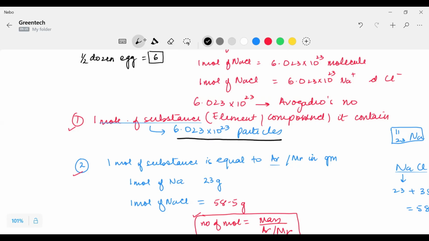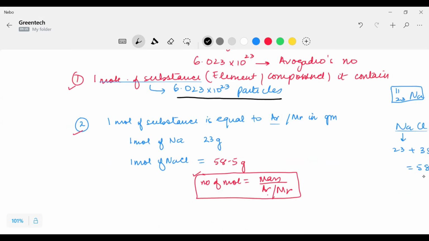And then, apart from that, we have also done how, if we have a substance in solid, then we can also say that 1 mole of a substance is equal to its AR if it is an element, or equal to its MR if it is a compound. And we have done the calculation related to that, and we have used this particular formula by arranging it in order to calculate the mass, or if the mass is given to you, then dividing the mass by AR or MR and finding out the moles. Okay, so these two worksheets I've sent you for further practice.